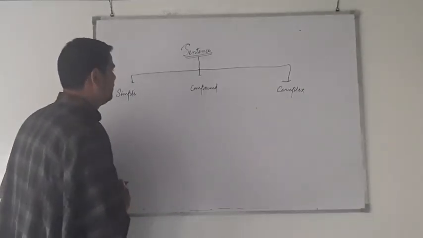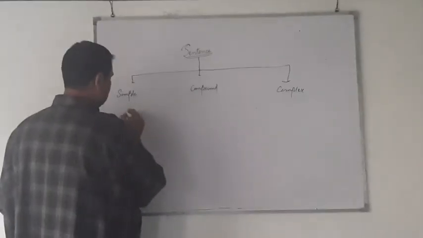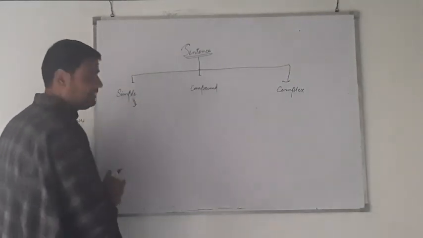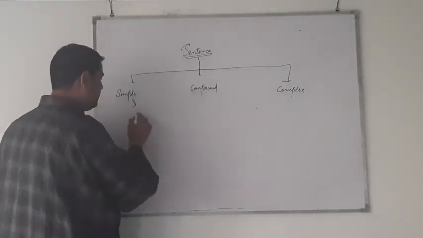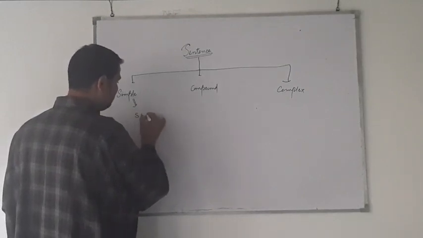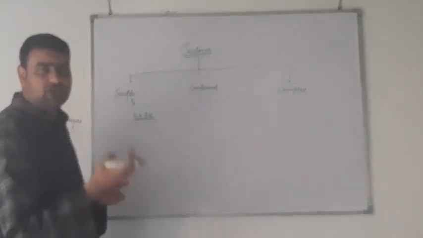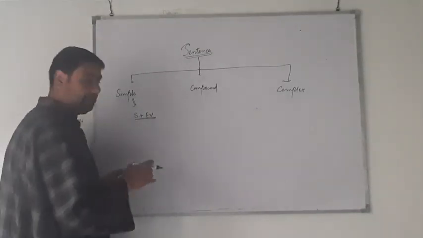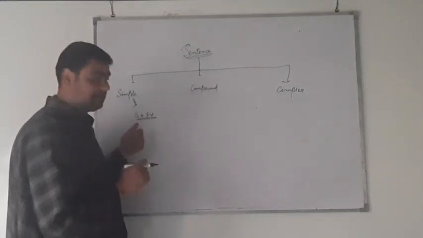Look, I will take one example from your book for this. What is a simple sentence? First I will explain it. A simple sentence is one which has a subject, which has a finite verb of its own, and it gives complete sense and is not dependent on anything. It expresses a single thought. That is a simple sentence. For example,